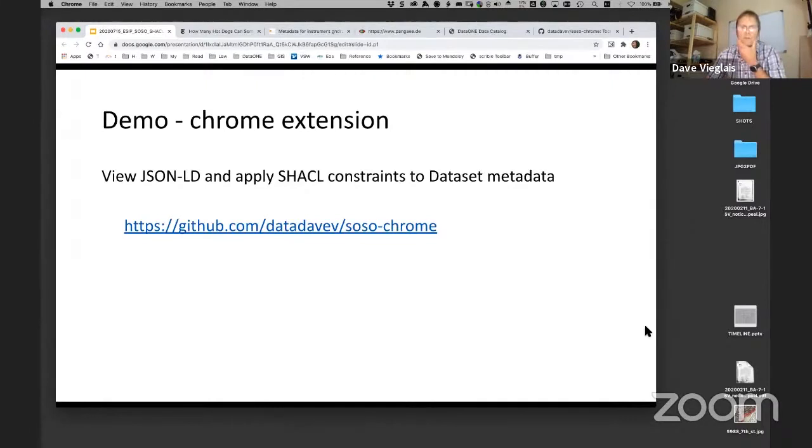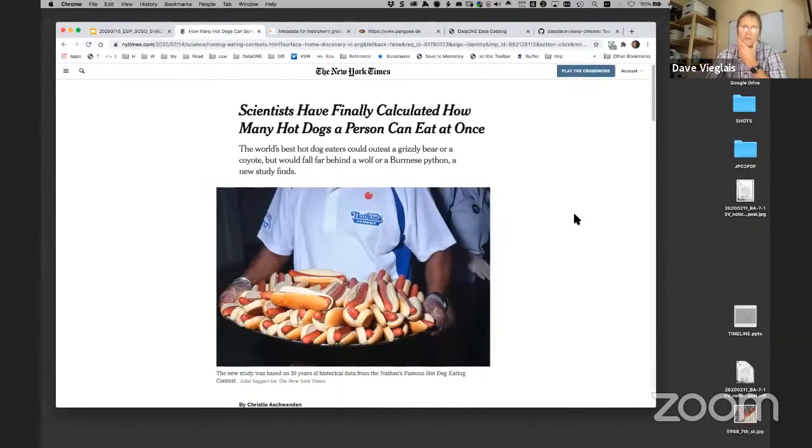Just quickly, I'll show a demonstration now of this Chrome extension. What this does, so there's JSON-LD embedded in lots of different pages around the place, web pages. And it's normally opaque, it's hidden away in the background. It's used by content indexes and so forth to get a structured view of the content on the page.